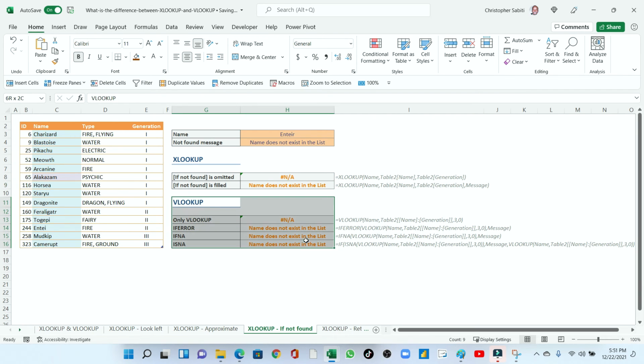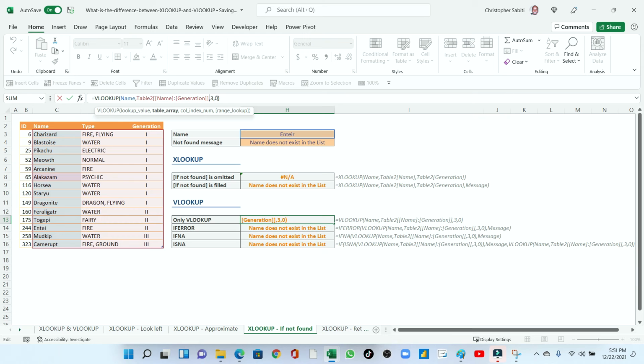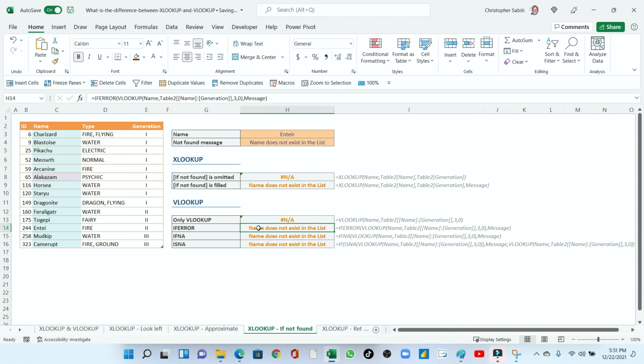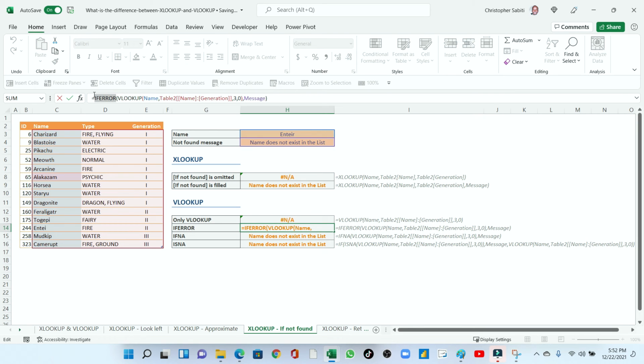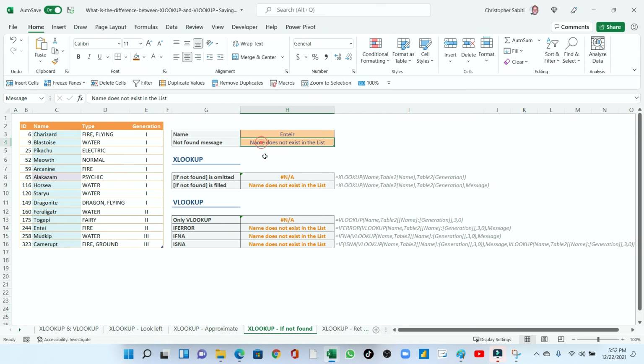Now with VLOOKUP, I've already shown you this, that a standalone VLOOKUP has no option of putting if not available. So for it, you'll have to nest it with another function, that is IFERROR. So you nest it with IFERROR such that you include now, if there is an error, then you give us the message which is name not found.